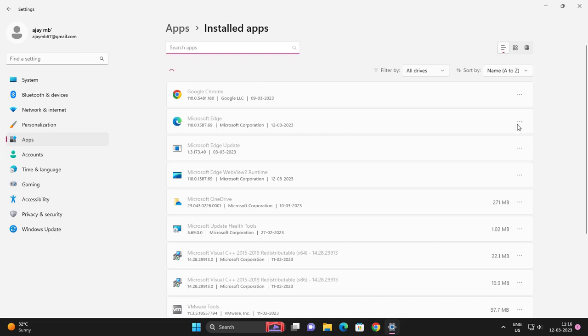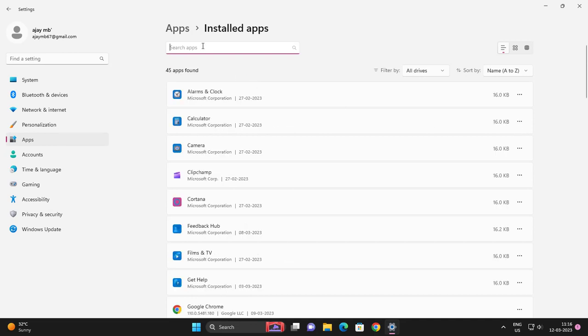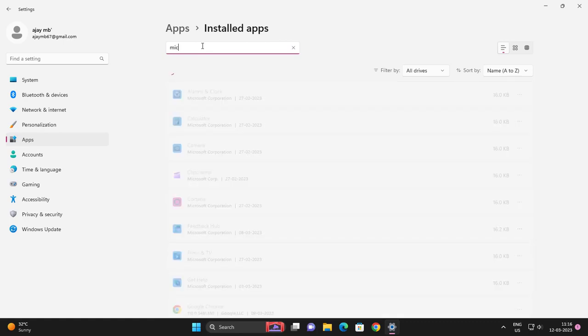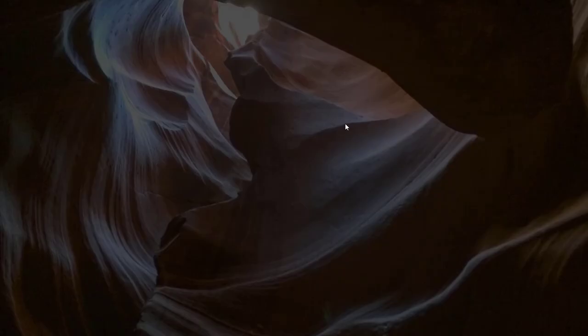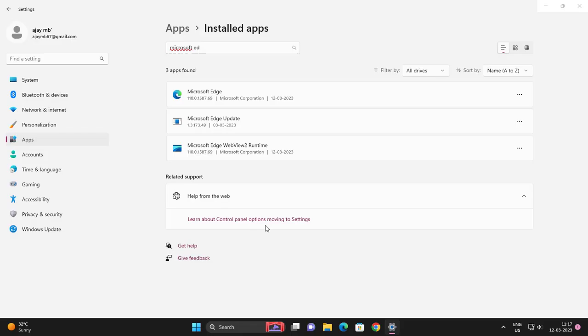Microsoft Edge, go there. Oh no, we need to search for it. Micro Edge. Okay, click the three dots here, modify. Yes,